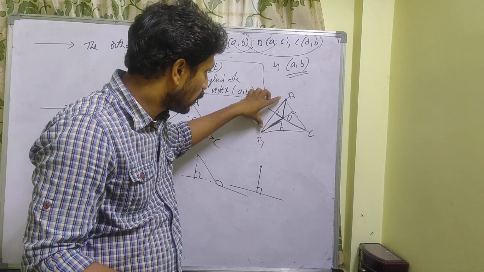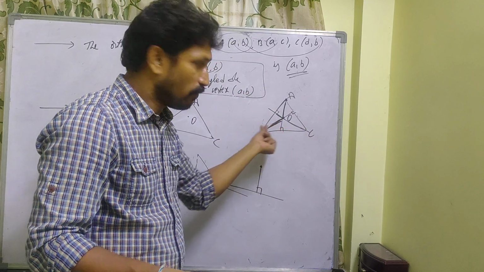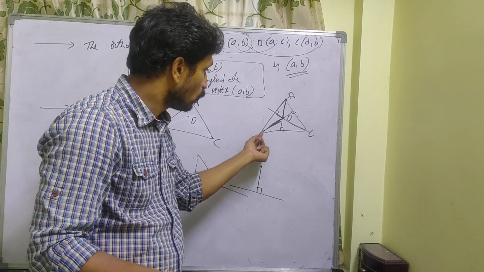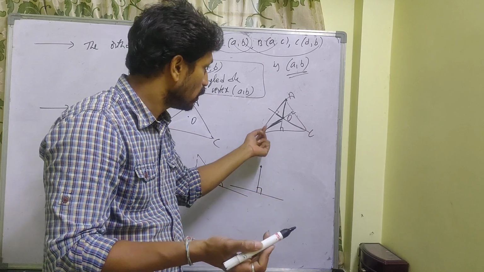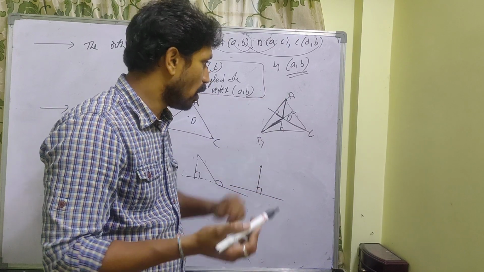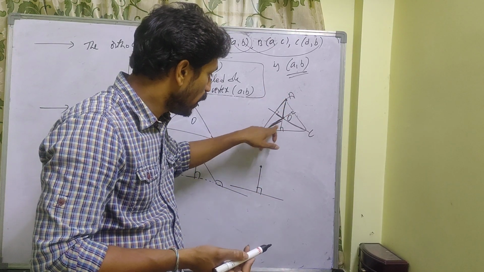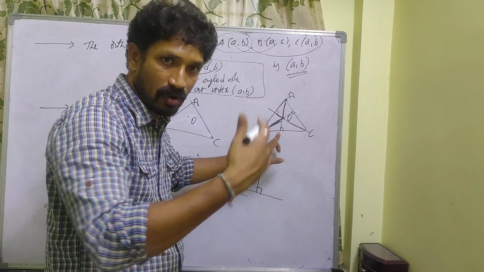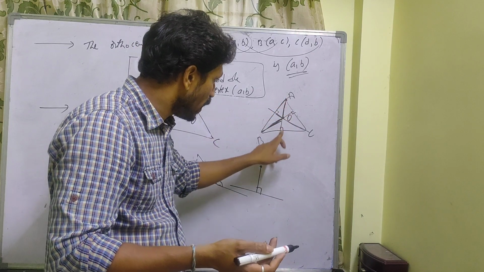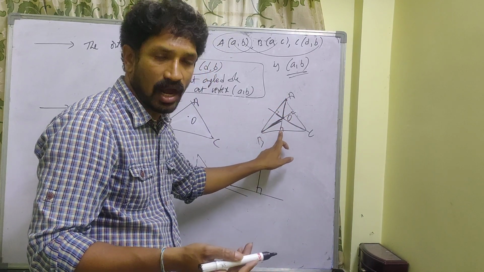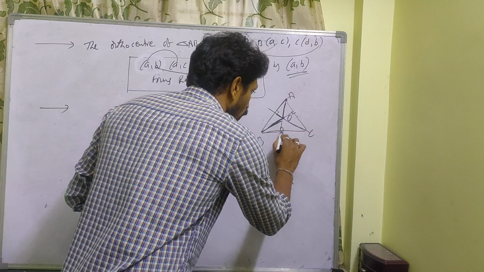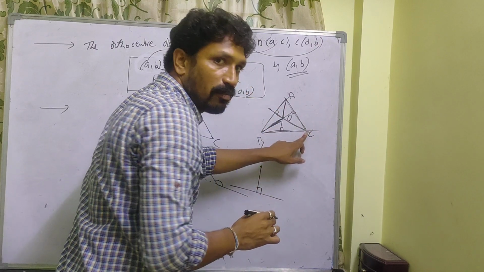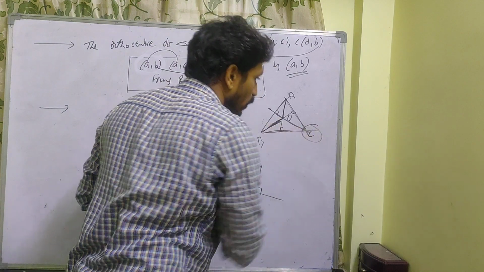Similarly, from B, what is the altitude? From B, altitude is nothing but, B to which side do we have to take? B to OA we have to take. So OA, it is also an obtuse angle, so the altitude you can drop outside. If you expand this one, OA, it will be the altitude. This is the point of concurrence of the altitudes. That is nothing but vertex C.